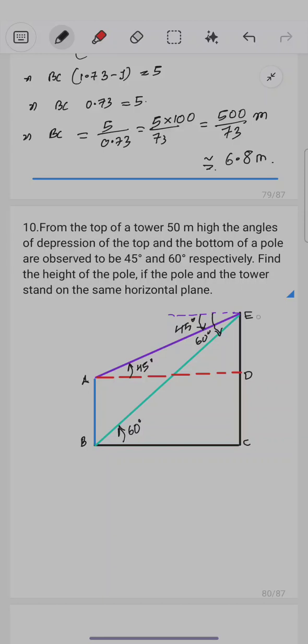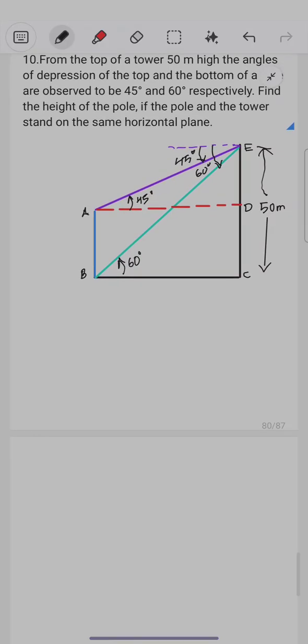Find the height of the pole. The tower is 50 meter, given. Solution: given EC is the height of the tower, which is 50 meter. And then let's say theta 1 is the